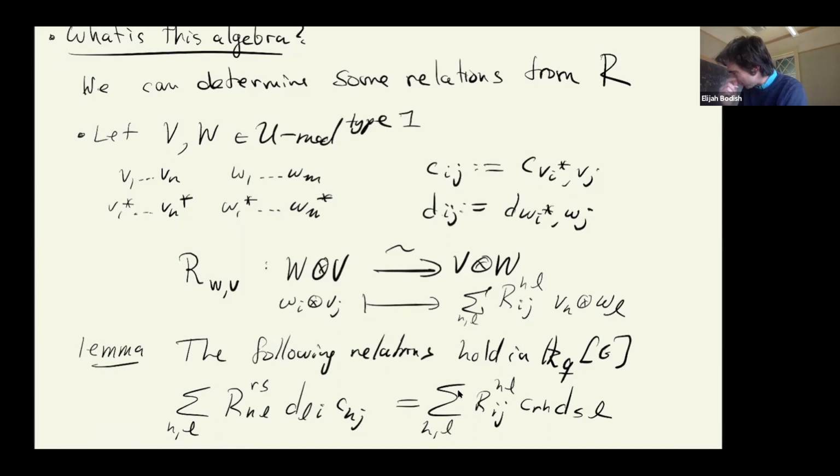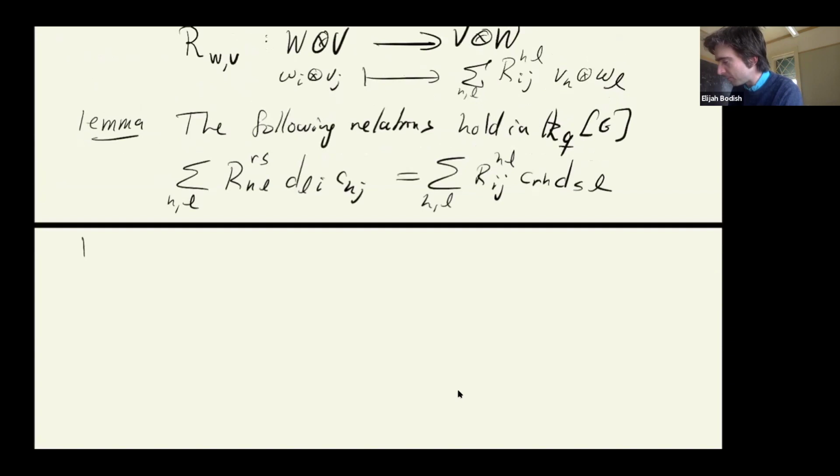So what is this? I have matrix coefficients with respect to V and matrix coefficients for W, and then I have the matrix entries of my braiding between W and V appearing. And so I have a bunch of relations that look like this, which tell me relations that are satisfied by the matrix coefficients. I'm just going to say some brief thing about this. So to see this, use